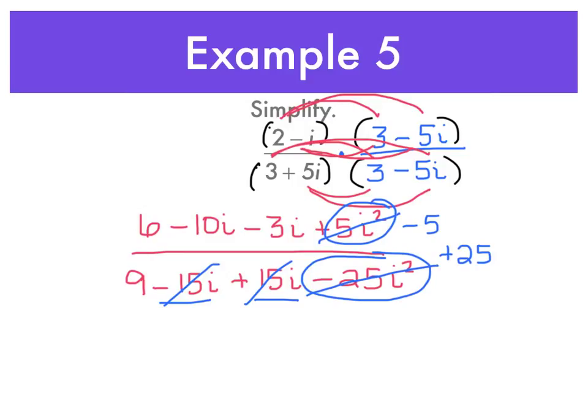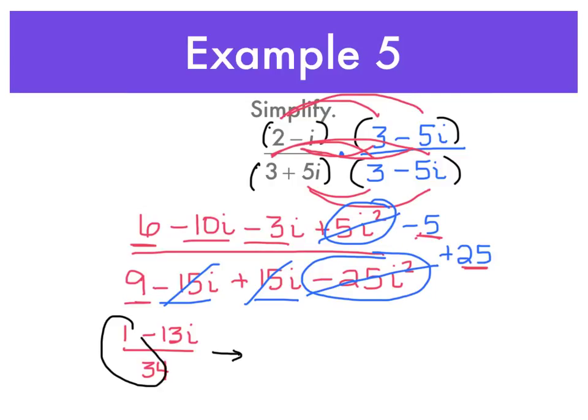Okay, so up on the top I have a 6 minus 5, which is a 1. Negative 10 minus 3 is negative 13i. And down on the bottom I have a 9 plus 25, which is 34. Okay? Now, technically I'm done, but there is one more thing we should check for. When you write your answer like this, you may have some things that you can reduce sort of hiding. So when you get to this point, then what I would do is write it as two separate fractions. So I would say 1 over 34